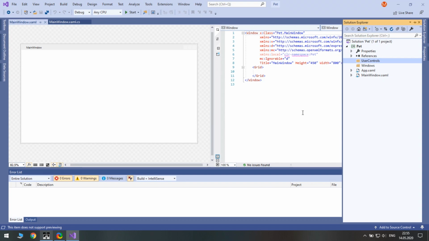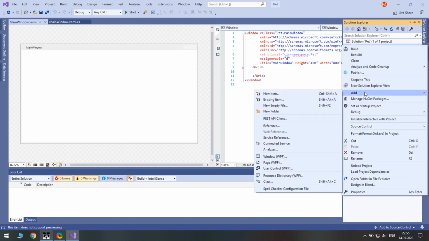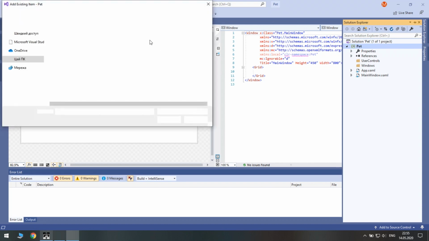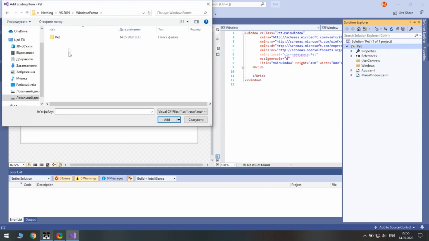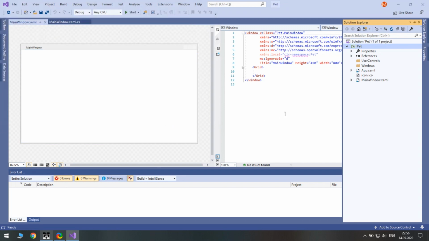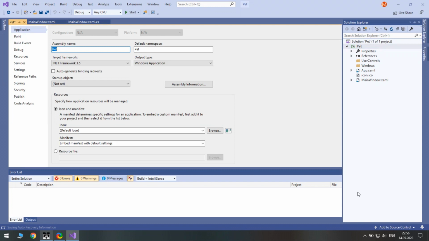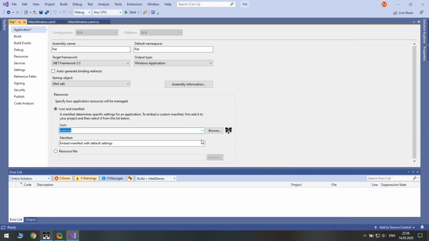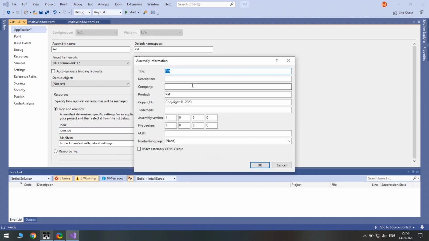But first, let's not forget to set an icon for our game. Let's also not forget to set the assembly version for this game.